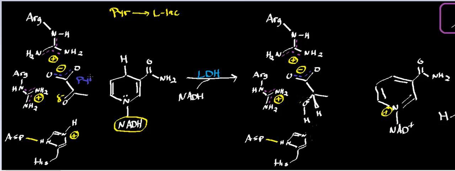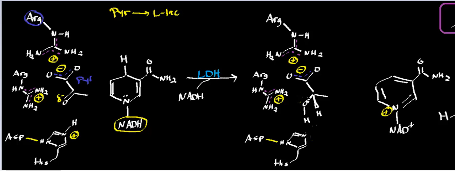This is our pyruvate molecule, and the pyruvate is stabilized in here through several residues. Number one, notice that the carboxylate is in the deprotonated state in terms of the enzyme's mechanism, and the negative charge that exists on the carboxylate is stabilized in the active site by a critical arginine residue that's up here. So this arginine residue is serving as an electrostatic donor to the carboxylate of pyruvate. This guanidino group of the arginine has a positive charge overall,